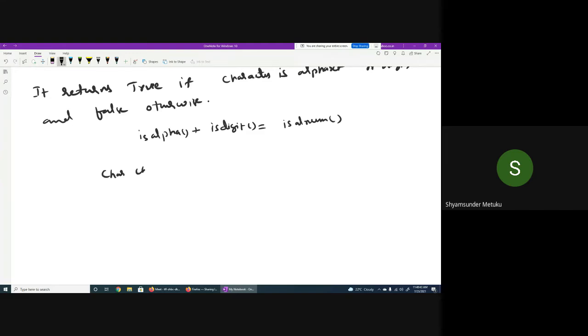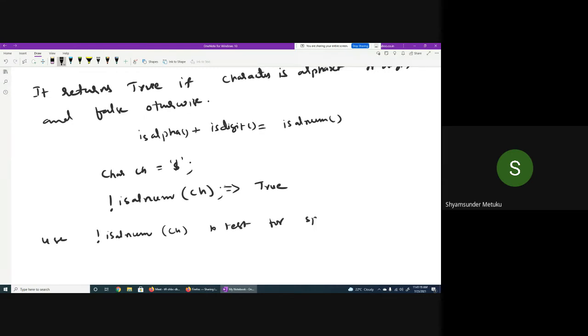Okay, char ch is equal to special character dollar symbol, not of is alnum ch. What is the output? True, sir. Very good. If at all you intend to verify whether it is a special character or not, you can follow this way. Is it clear? Yes, sir. So use not of is alphanumeric variable to test for special character.